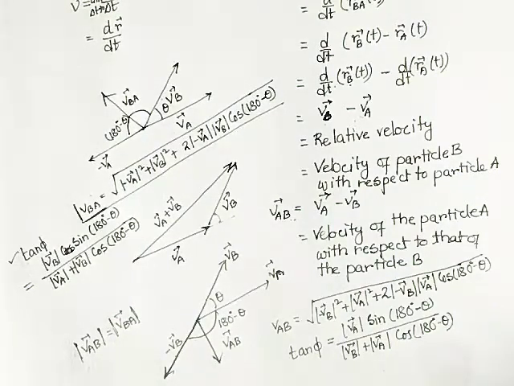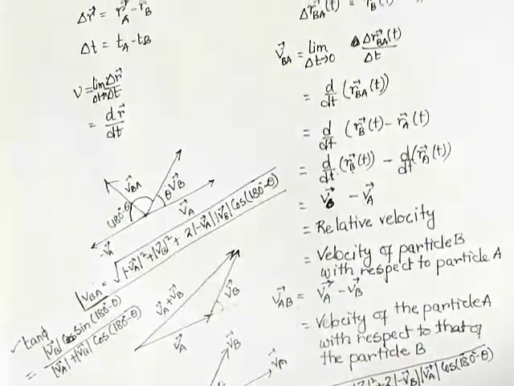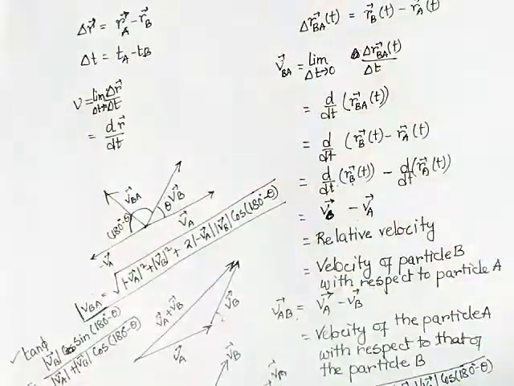We measure the position with respect to the origin. When I am measuring the displacement, that with respect to which I am measuring should be minus, that should be subtracted. So this is the basic importance regarding relative velocity. That's why there is a necessity of changing one vector's direction, or flipping its direction. Thank you.